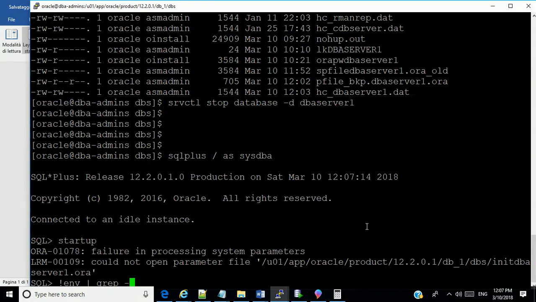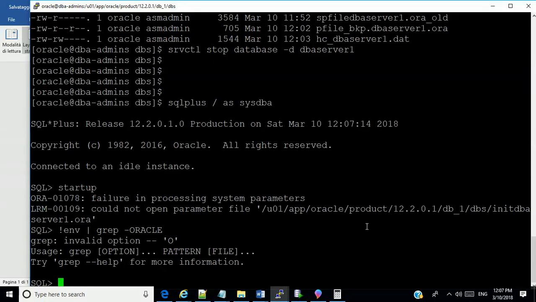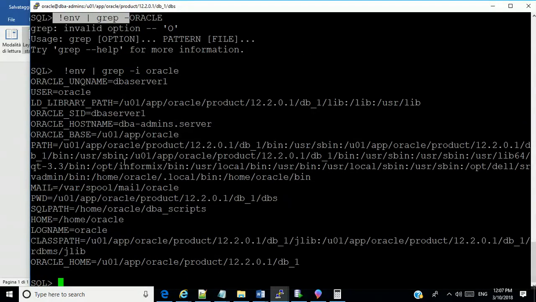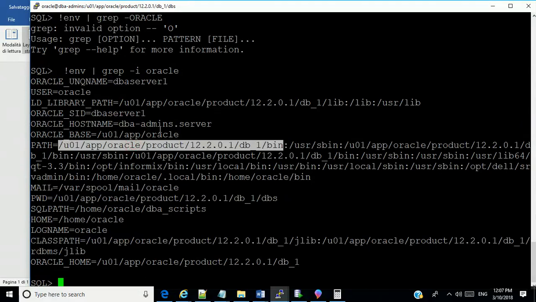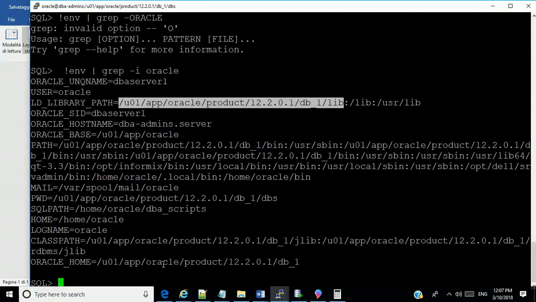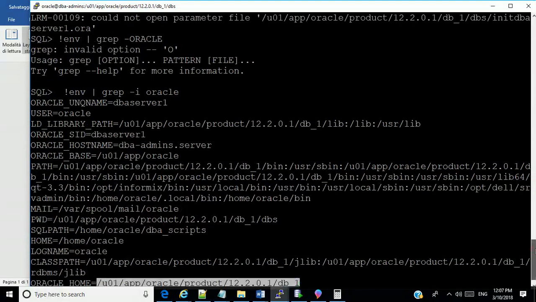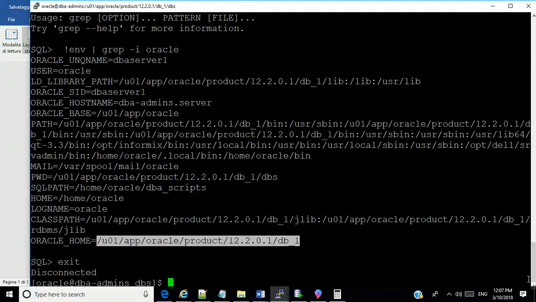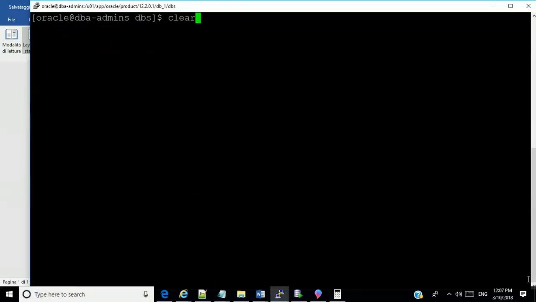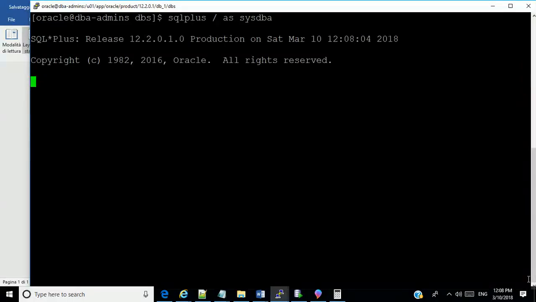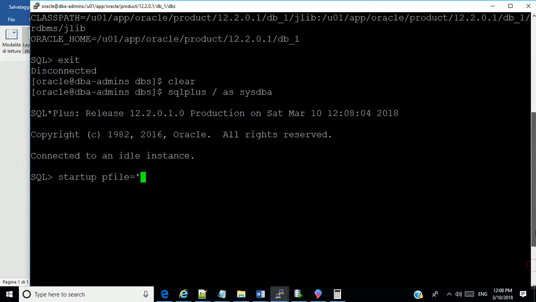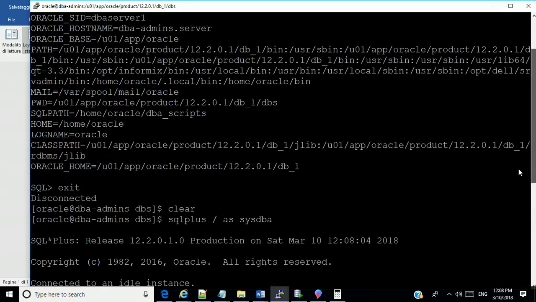Grep minus i Oracle home. It's quite strange, but I'm going to find out why that happened. I'll just have to name the file. That's what it means. Startup pfile equal to, what is that pfile? They will now create the